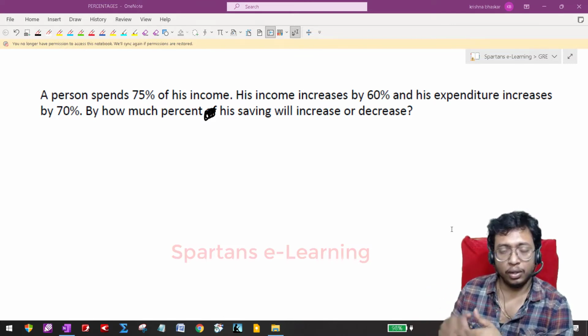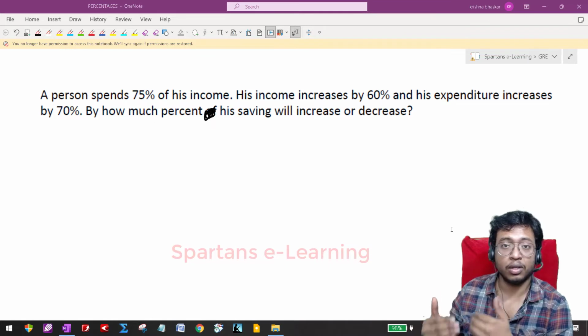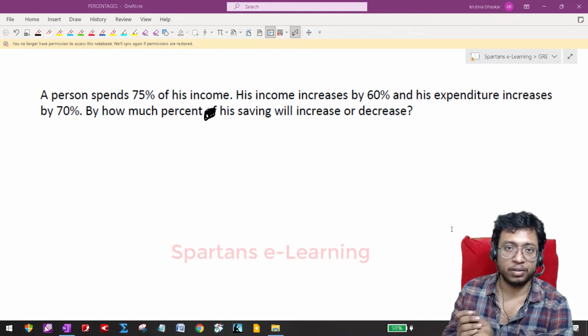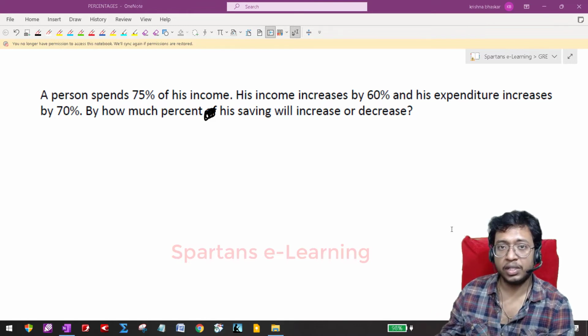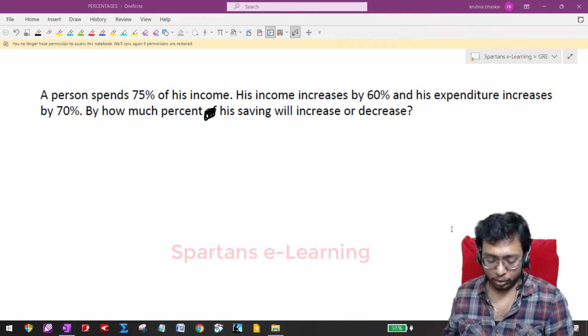You take one question, you do it in method 1, then try to simplify it further, mark it as method 2, try to simplify it further, make it method 3. That way solving a question in multiple ways will be more helpful than solving multiple questions from different books without actually focusing on the concept. So mind you, concept is the utmost important thing, not practicing different questions from different books. This is the mantra for your preparation. Take any question, try to solve it in different methods, try to shorten the question in each of your approaches. Now see this, I hope you tried your best to solve this question.